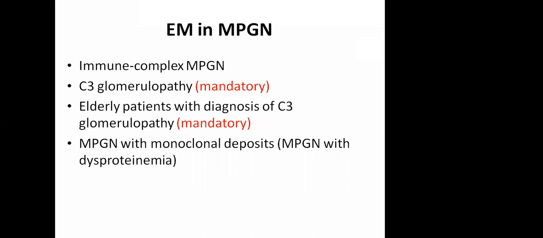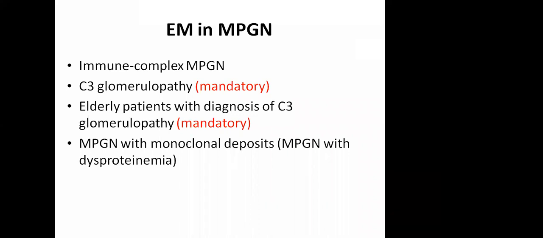And that categorization can be done only on electron microscopy. In an elderly patient with a diagnosis of C3 glomerulopathy, you should always do EM because there could be MGRS cases, because C3 glomerulopathy is a disease of young people and children. So if you give a diagnosis of C3 glomerulopathy in an elderly patient, those patients should always be investigated for underlying